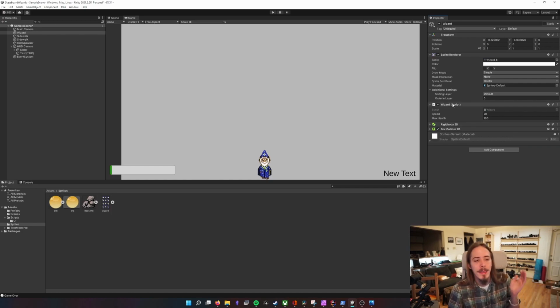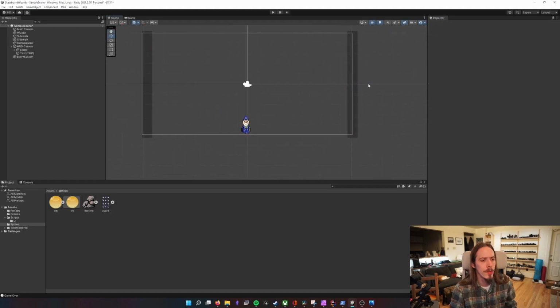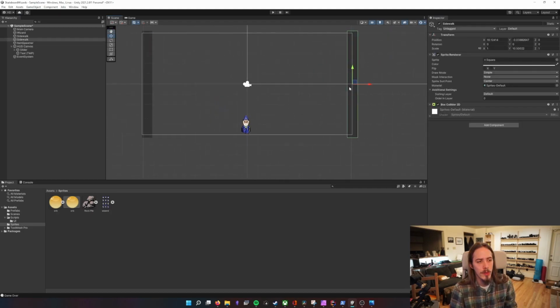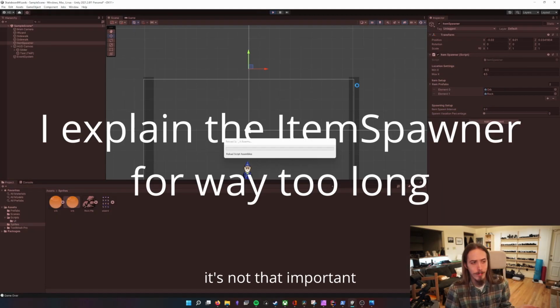Anyway, it has a wizard script, a rigid body, and a collider. We'll come back to that wizard script in a second. The sidewalk are just the edges here that stop the wizard from moving because we're using rigid body for movement. There is a thing called an item spawner, and it is set up with a minimum and maximum X and Y positions to randomly create the objects inside of. And it has things like the spawn interval. If we change that to 0.1, then